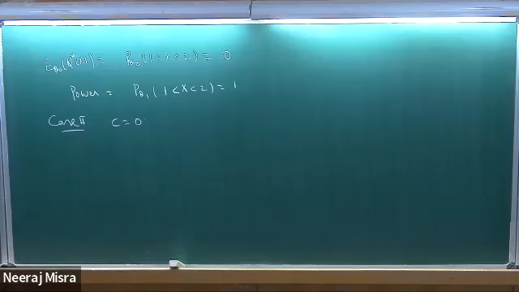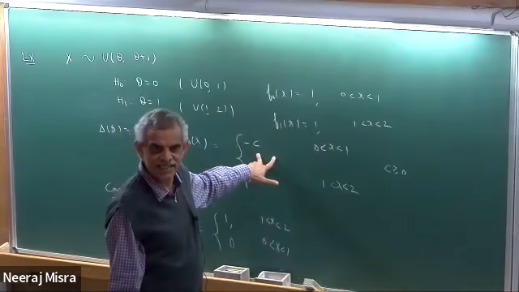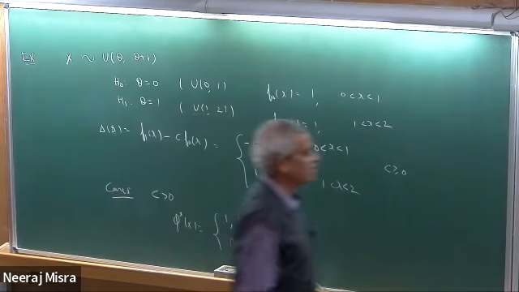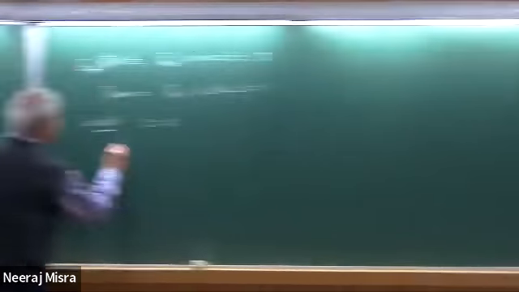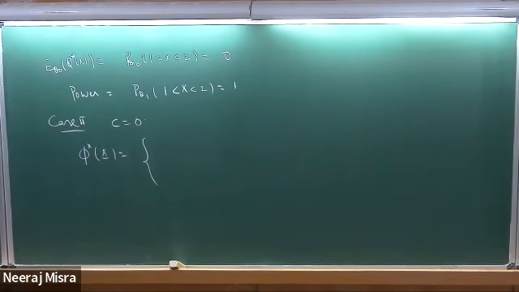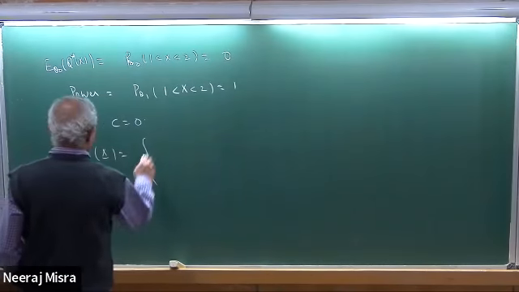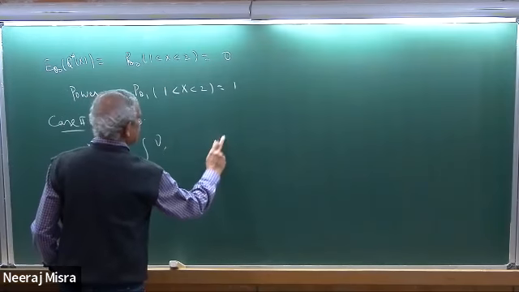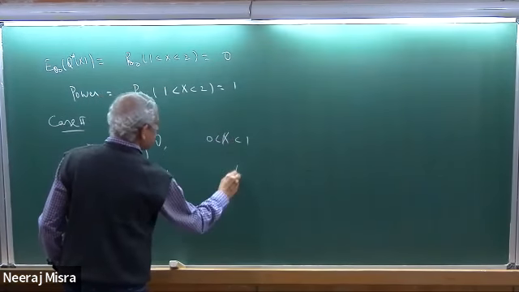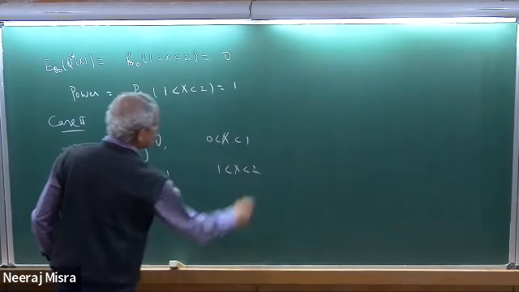If C is 0, that means here I have C0. So this is a reason where f1(x) is the same as C times f0(x). So here I can put this as gamma. So my phi star of x is gamma if x lies between 0 to 1, and 1 if x lies between 1 to 2.